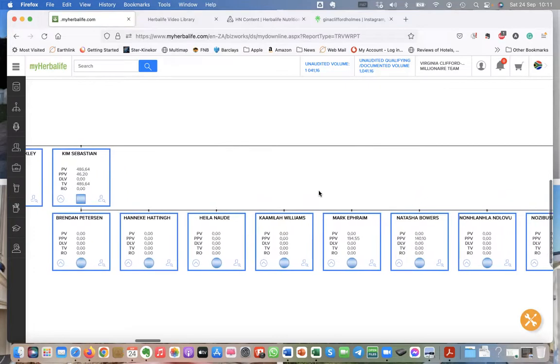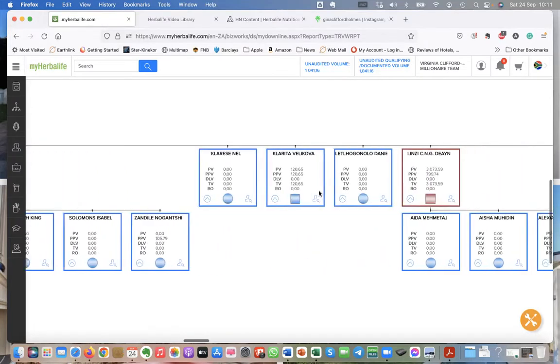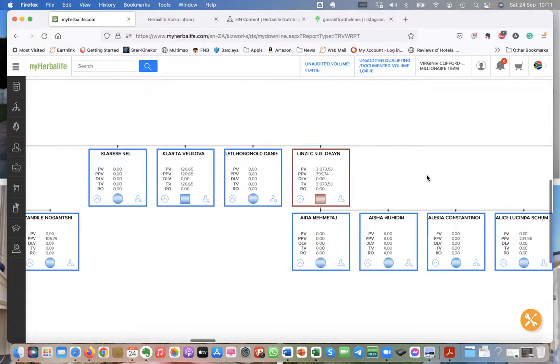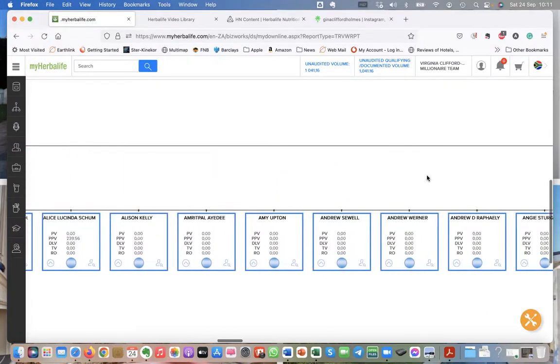And there's Kim's team. But the biggest team, and I've had this team for over 20 years, in fact, over 25 years, is one of my team. She's red level, which means she's on the Get team level. If you look up here, it says I'm on the millionaire team. My full name is Virginia as opposed to Gina. But I want you to look at Lindsay's organization. I introduced this woman, and just look at the size of what she then introduced.